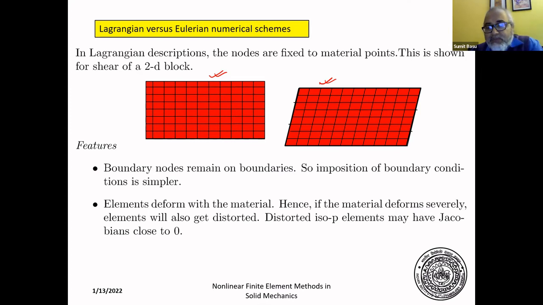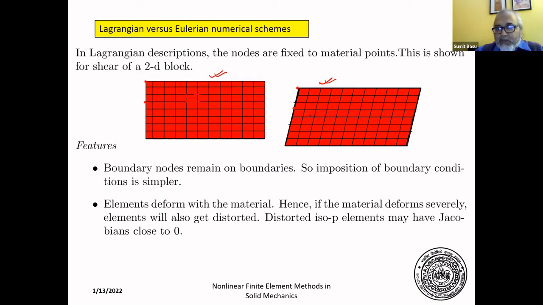So the biggest advantage of this is that a node that lies on the boundary like this or this remains on the boundary. Whatever boundary conditions you have, you can apply them at the nodes, because the nodes remain on the boundary. Nodes on the boundary in the initial configuration remain on the boundary in the deformed configuration. The disadvantage is that each element, which is a nice rectangle here, is deforming with the body,